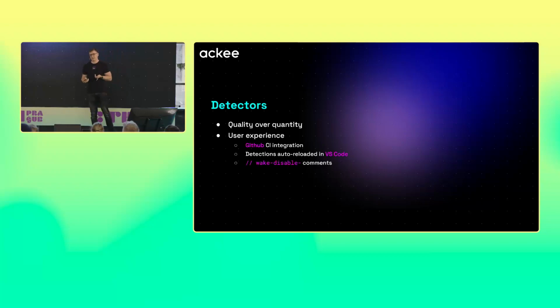And of course, static analysis may sometimes provide false positives. In that case, we can just type very simple comments in code that disable a very specific finding, or maybe a range of findings across the code base. And finally, we do have public APIs, so everyone can create their own detectors.